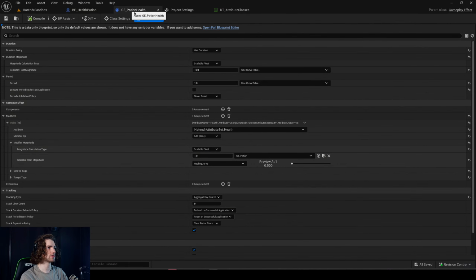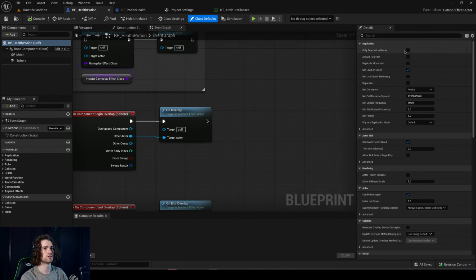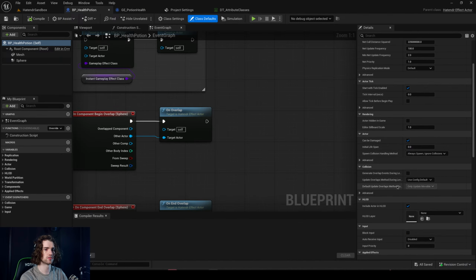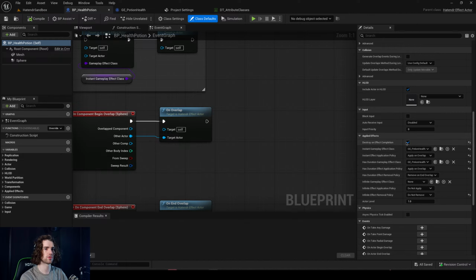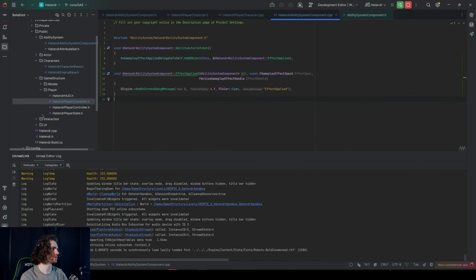No, like, I'd like for this to be destroyed. Destroy on effect completion. Yeah, these are just not getting destroyed at all. Not sure why that is. So